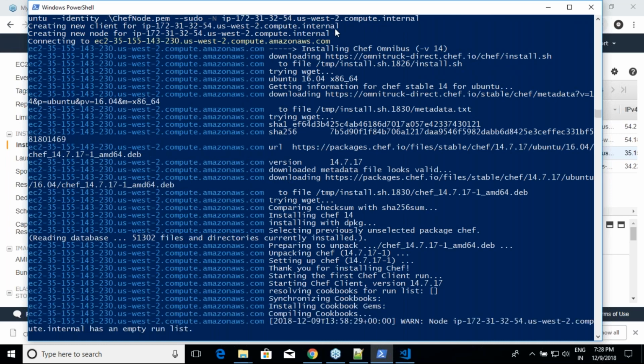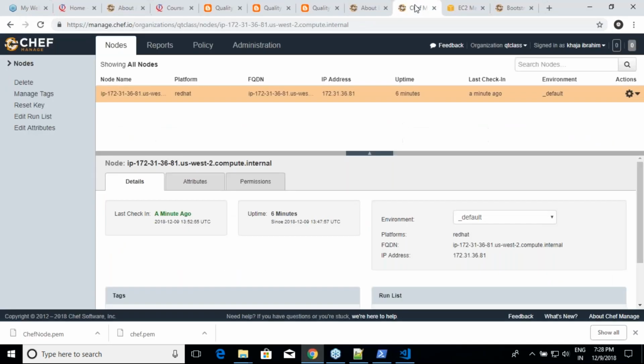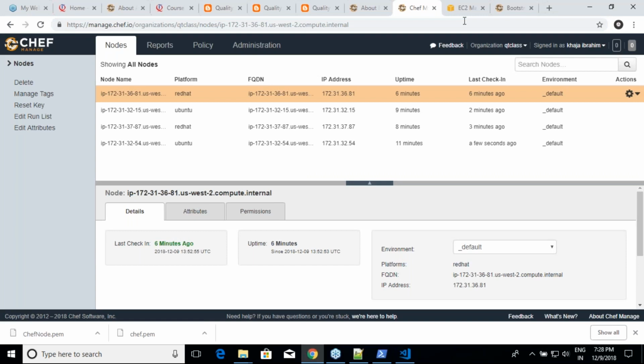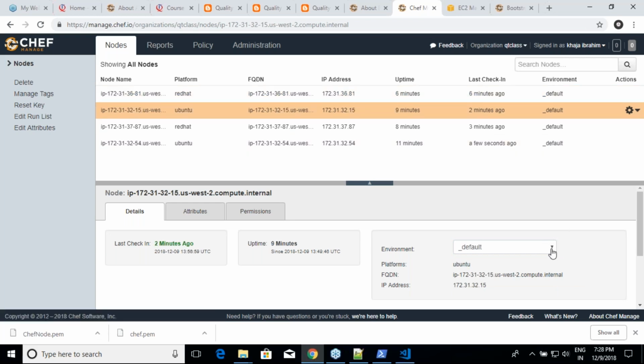Good. Now I'll go over here and let me refresh this. The first Red Hat, the first environment for me would be dev environment. The first Ubuntu, again dev.